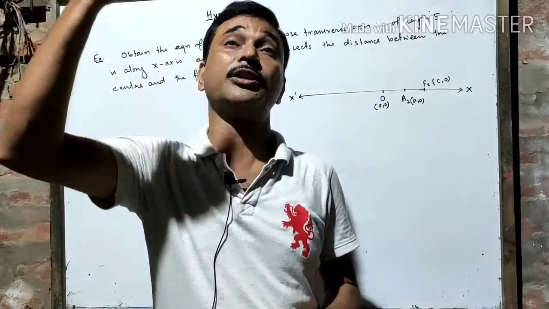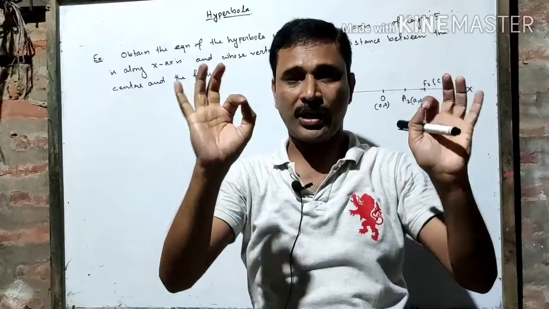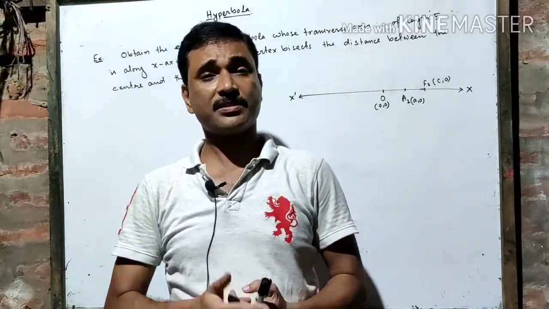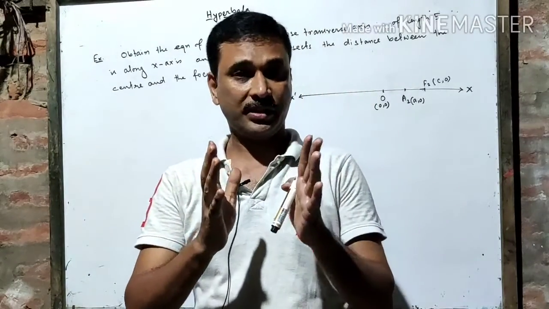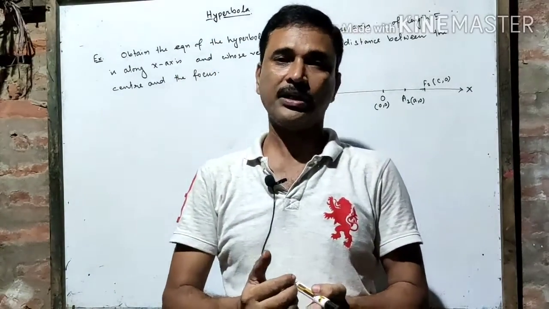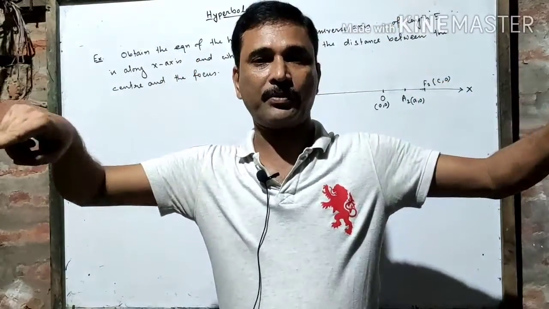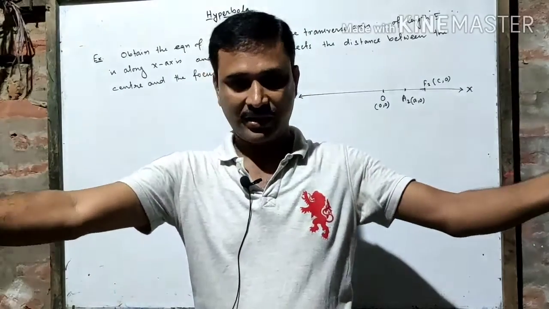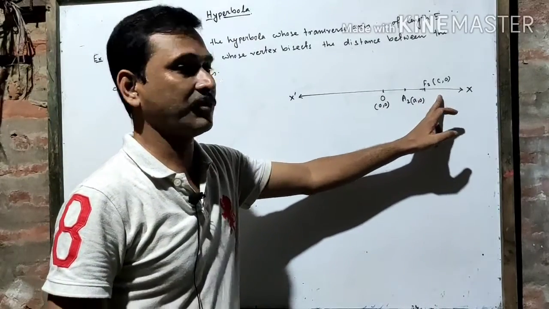So you have to recall that picture of the hyperbola. Where is the center, where is the focus, where is the vertex? Coordinates is very much concerned about imagination. Your 3D coordinate geometry completely depends upon imagination, and in case of 2D, there also we require imagination. So this is the hyperbola, the middle point is the center, that point is the vertex, and then the focus. Just like this: center, vertex, focus.